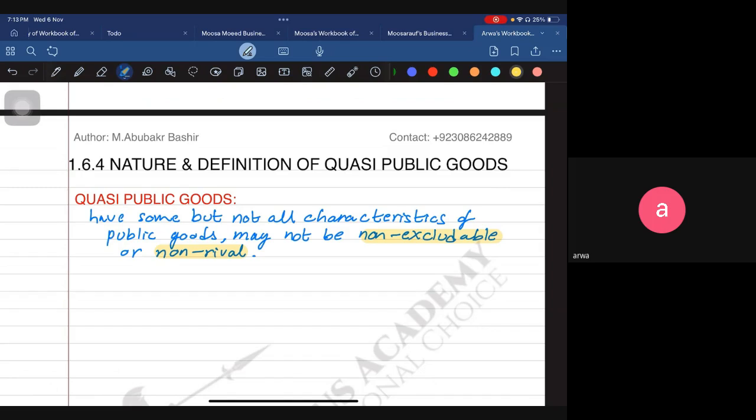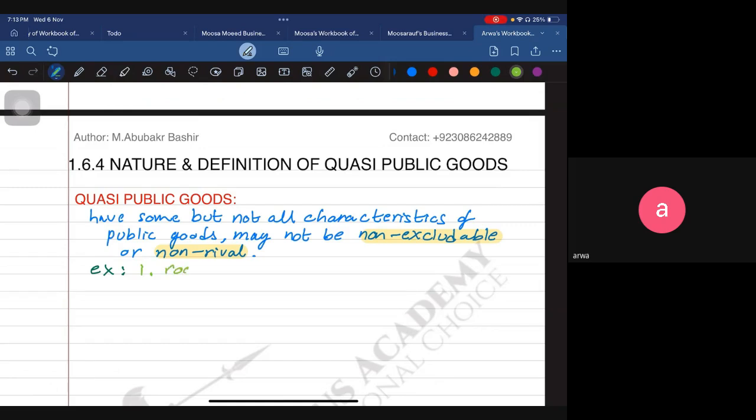So we are going to deal with this in the form of examples. This will make things easier to understand if we have the example here. So first of all, you see the road network, with the electronic road pricing or the toll plazas, right? When you are entering a highway, there is a sort of a setup that they have of the electronic road pricing and all those things.